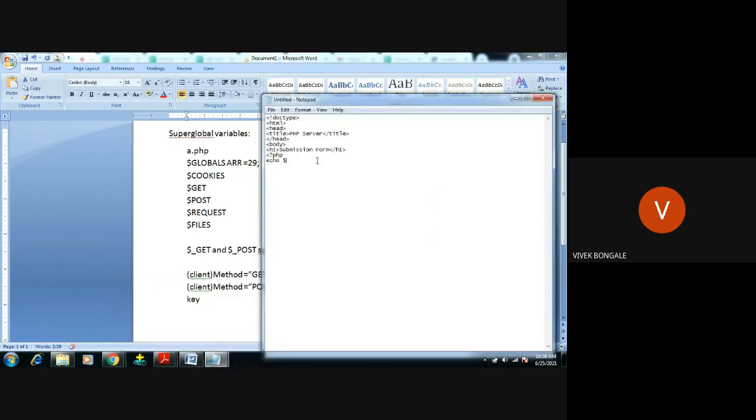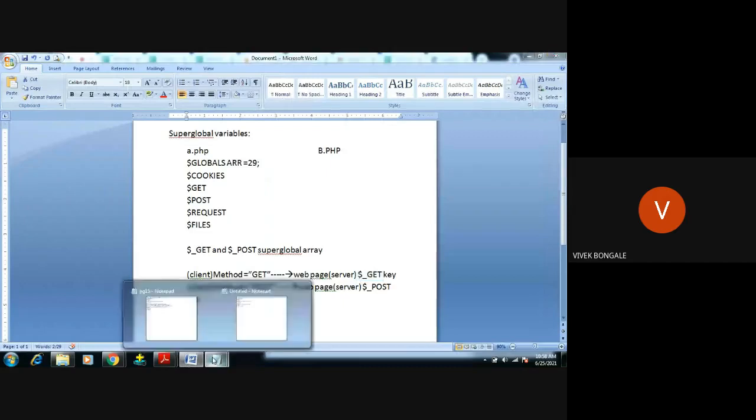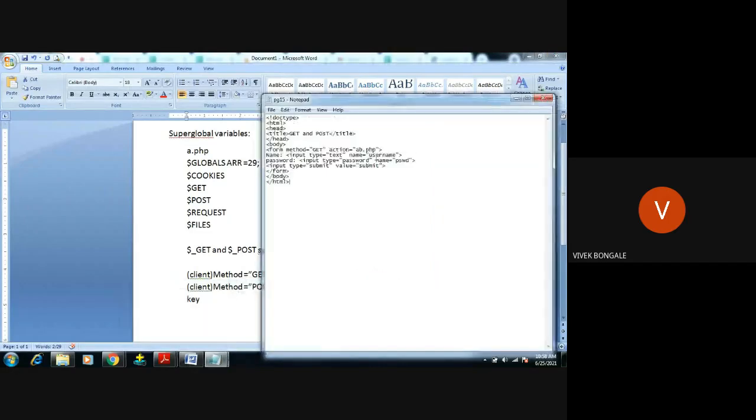So what I will do, I will use $_GET, right? Then how are we going to access that value? By using what? By using this name. By using this name, we're going to access that value. Right here, what did I give there? I gave username,